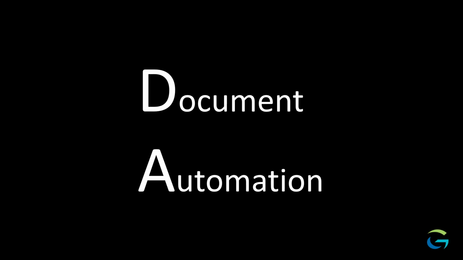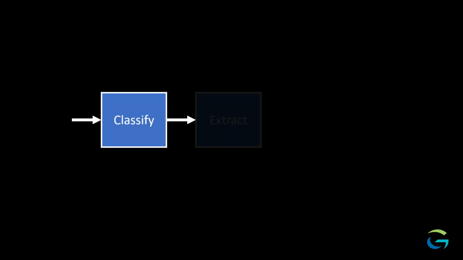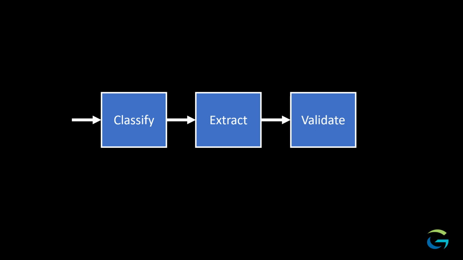This time we are looking at how the artificial intelligence concept of machine learning comes into play with DA. Essentially, how does a DA system incorporate machine learning in ways that both initially configure the system and improve system performance over time? You may recall from episode 1 that DA involves three primary concepts: classification, the act of determining